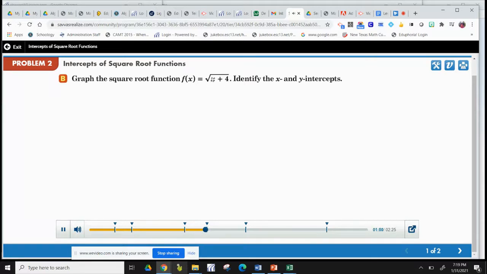If we think ahead a minute, X and Y intercepts. If we think ahead a minute, this x plus 4, that's h, so it's going to go to the left. So if we graph it,